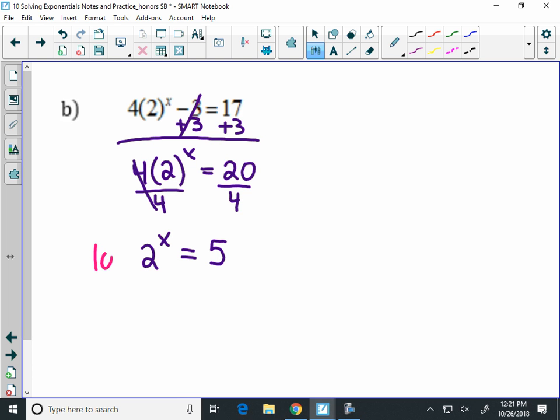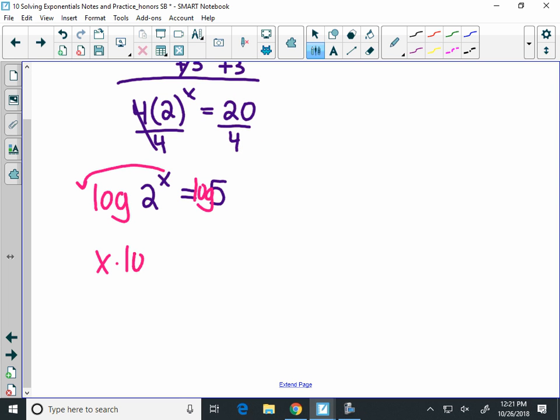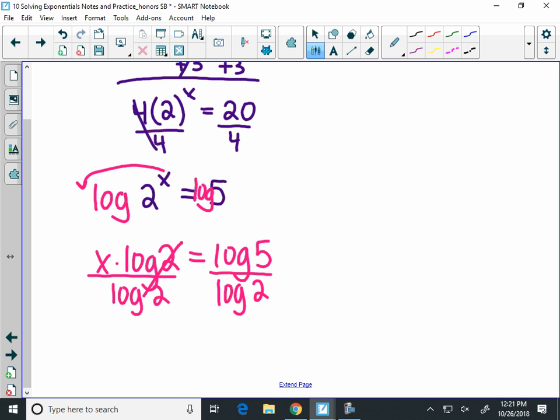So you're going to take the log of both sides here. I'm just going to squeeze log in. We have log of 2 to the x and log of 5. Now what does the logarithm law we learned yesterday say about this exponent? Where does it go? It comes down in front of the log. So what you really have here is x times log of 2 equals log of 5. And we're going to now just divide by log of 2,